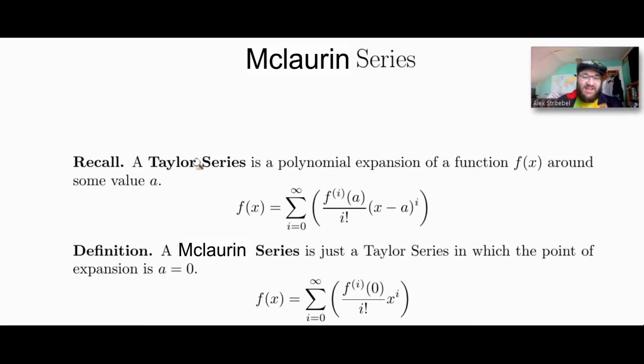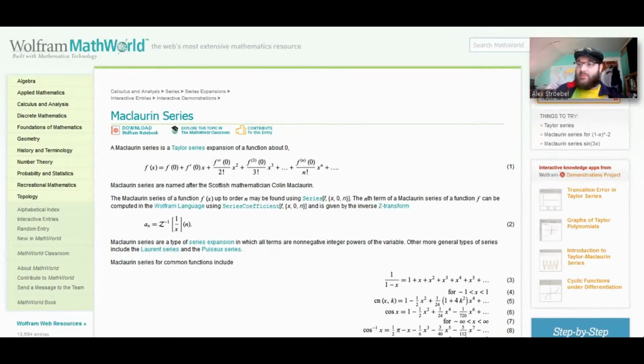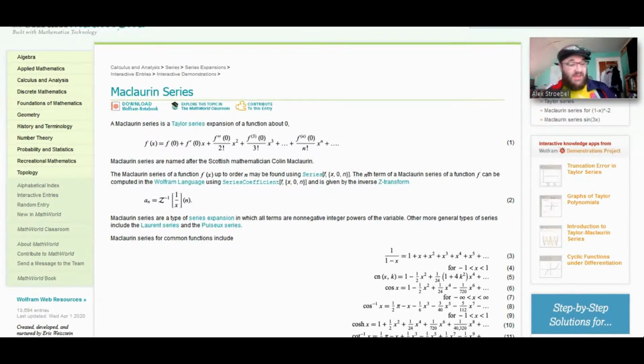So, recall the Taylor series is a polynomial expansion of a function f of x around a value a, and it can be given in this form. A Maclaurin series is simply a Taylor series where a is 0. So it's just a Taylor series where you're expanding around 0, because that's a place that a lot of people often have a lot of interest in, and it gives a standardization for